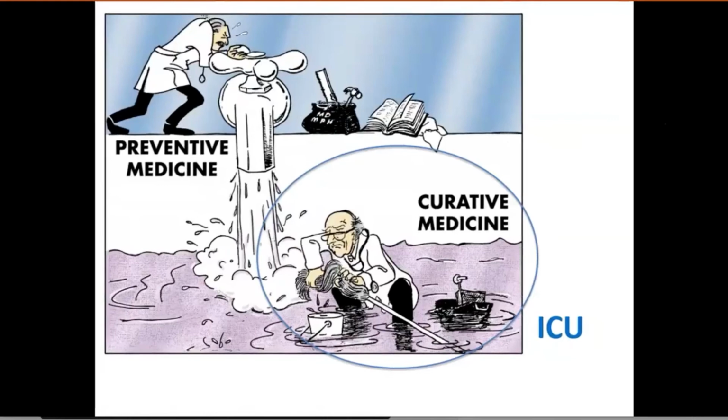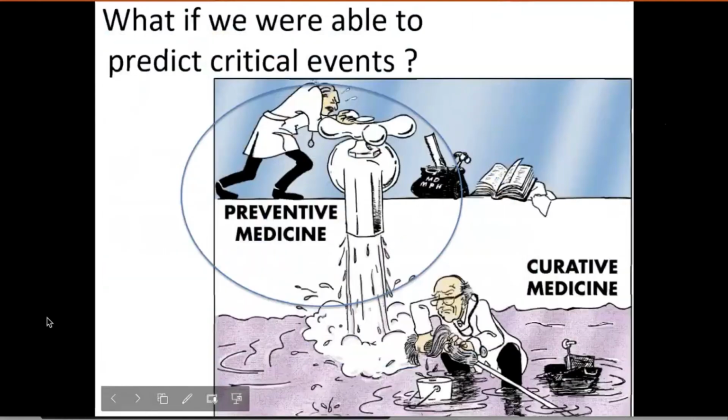But if we think ahead about the potential for machine learning, AI, and predictive analytics to change the ICU, we can think about a future where we would be able to predict some critical events in the ICU and therefore transform ICU care from a curative model into more of a preventive model. Essentially, we would admit the patient much earlier to the ICU to observe the patient and predict whether organ dysfunction is likely to occur, and try to prevent it from happening rather than treating it when it is already in place.